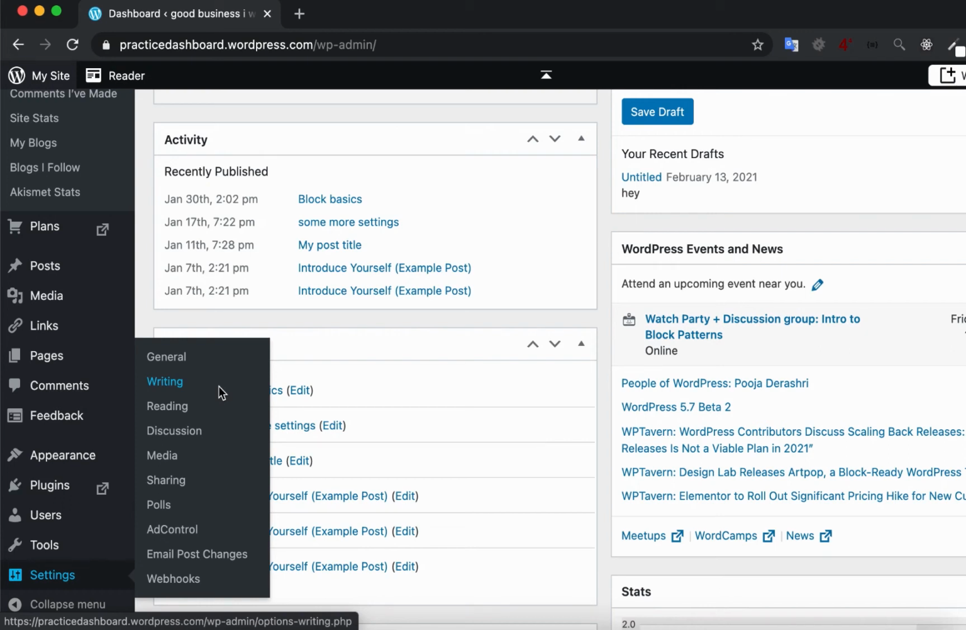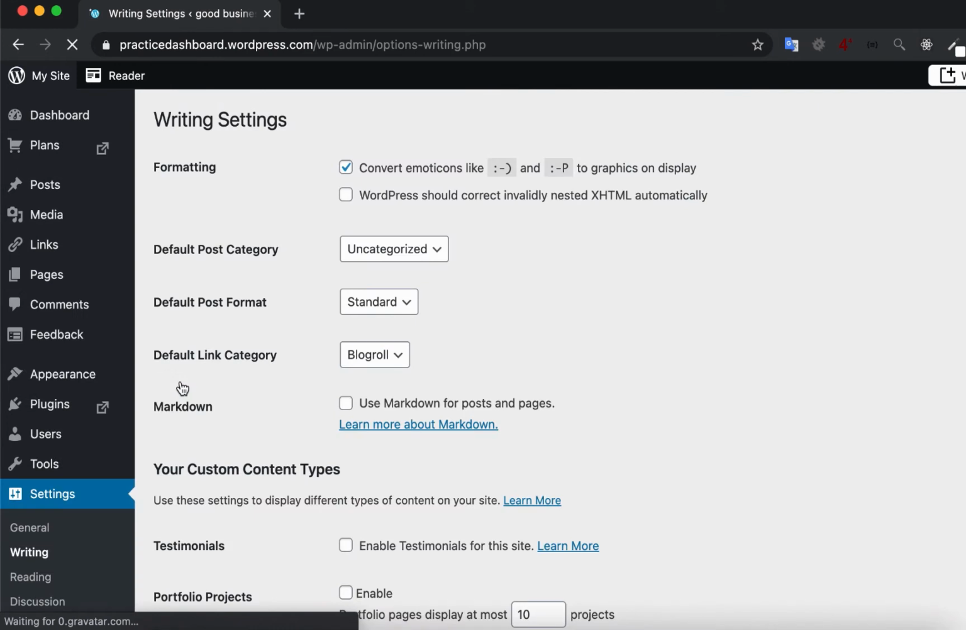In this lecture, we will learn about writing and reading settings. For these two settings, I am using the free WordPress.com site, as these settings are also kind of the same with the default WordPress installation. Click on Writing. Here some fields are provided by the WordPress.com site, but we will be mainly interested in the default post category and